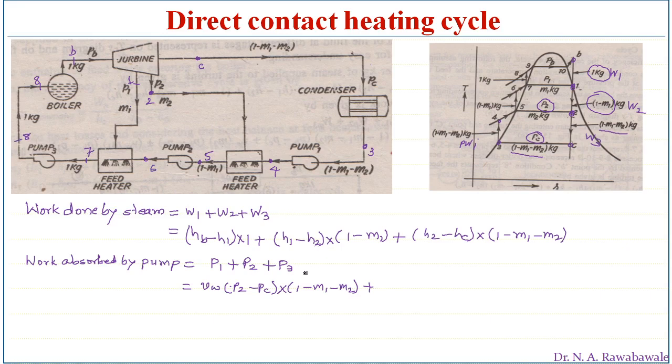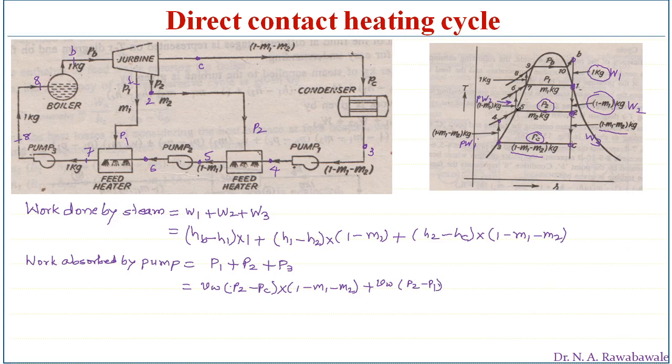So now we can see here pump work 2. Pump 2 is doing work to increase pressure. So it was pressure P2 and this pressure is P1. So it is working between pressure P2 and P1. So specific volume of condensate is VW into P2 minus P1, higher pressure minus lower pressure. So sorry, P1 minus P2, it's okay. So pump work 2, PW2